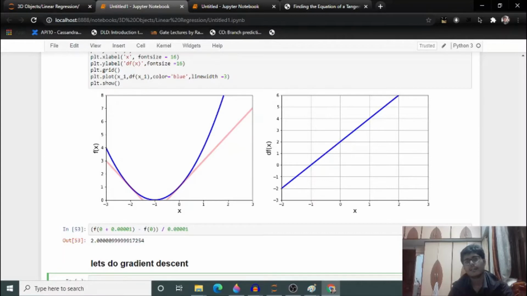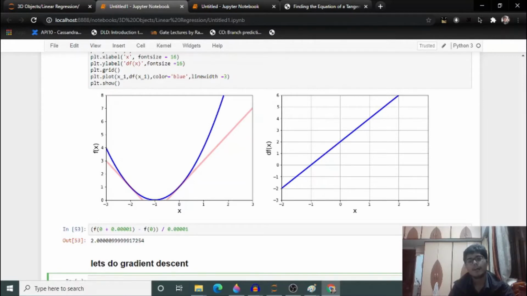But those techniques were for two-dimensional data, or at most three-dimensional data. In machine learning we sometimes work with 10 or 11 dimensional data, or even 50-60 dimensional data. So we wanted an iterative algorithm to calculate the minimum of the function.